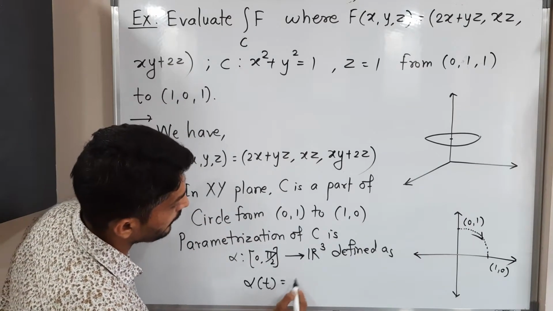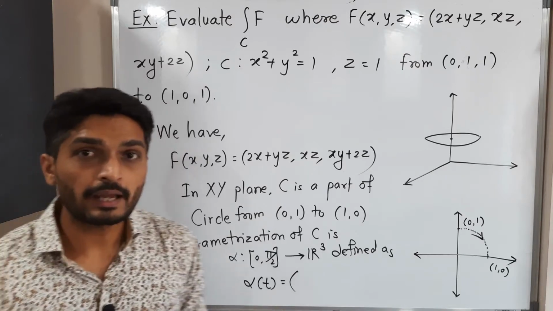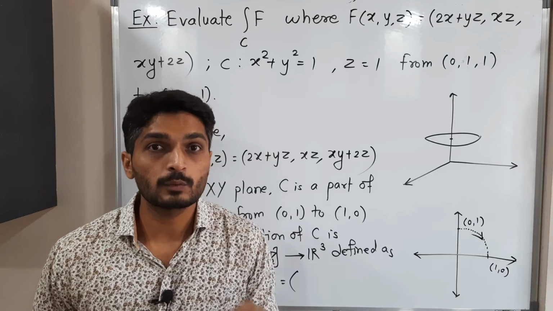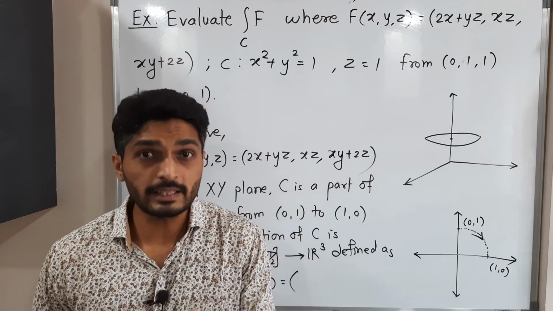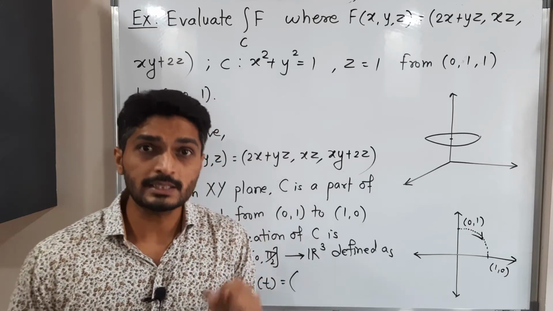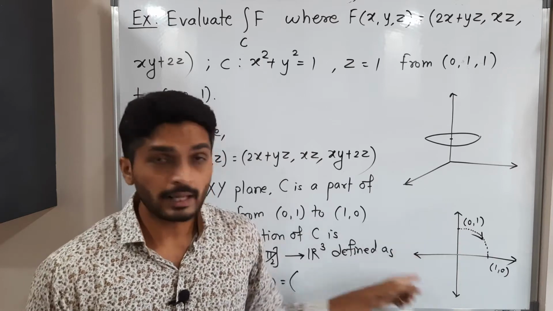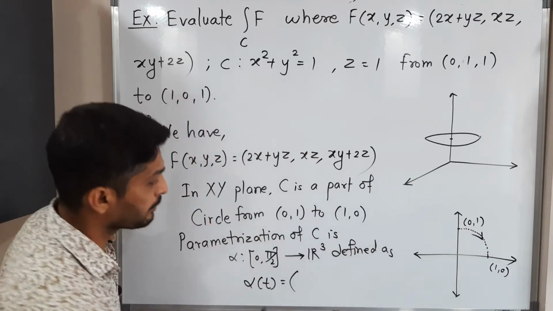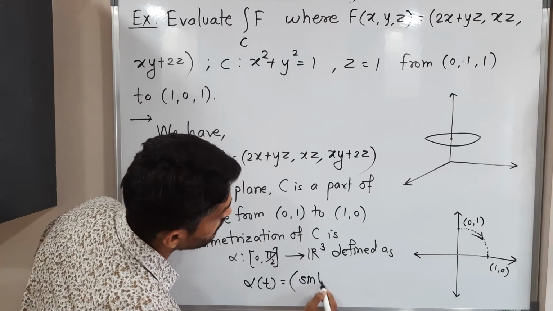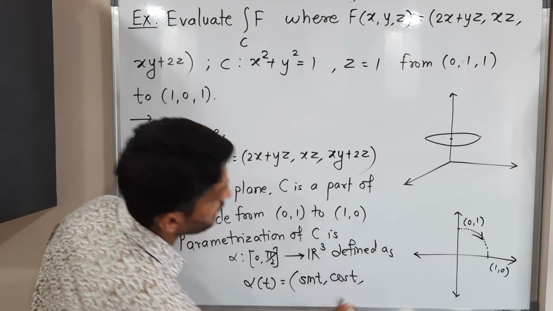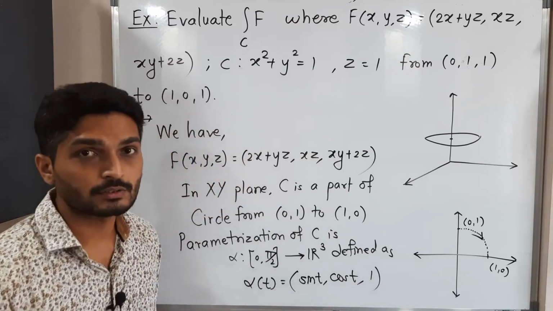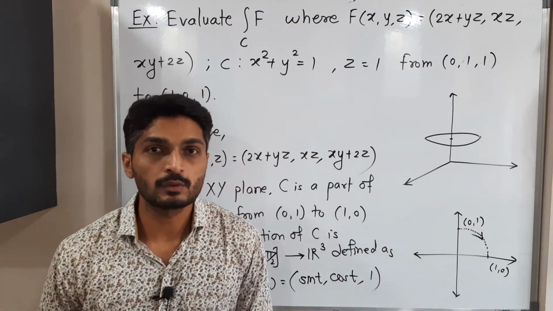Now we have to define it. Okay. So generally when we have a circle, our x is equal to r cos theta, y is equal to r sin theta. R means radius. Radius is 1. That means cos t, sin t. But see, it has clockwise direction. That means it has the opposite direction. That's why I'm writing here sin t, cos t, and the z component they have clearly mentioned it is 1, which is constant. So the z component is fixed at 1.